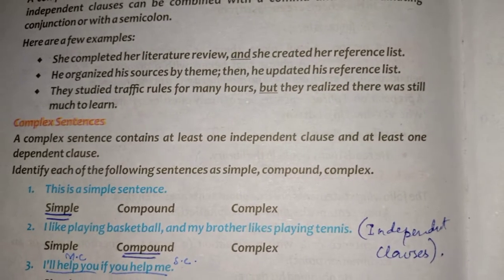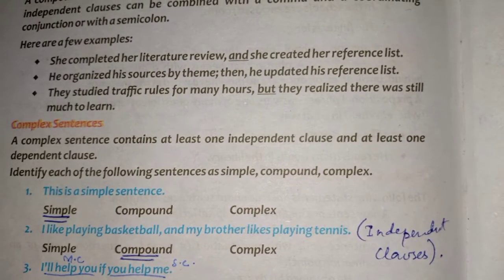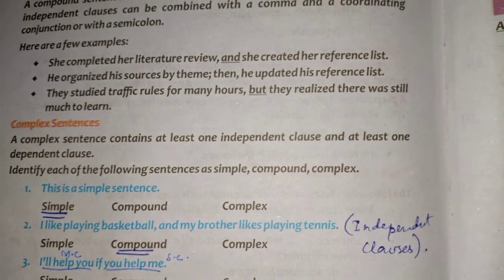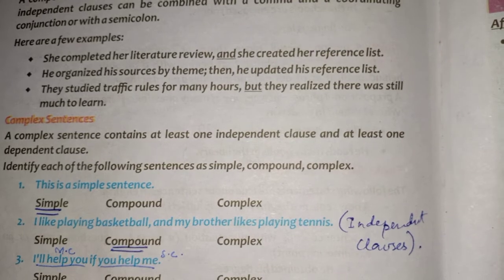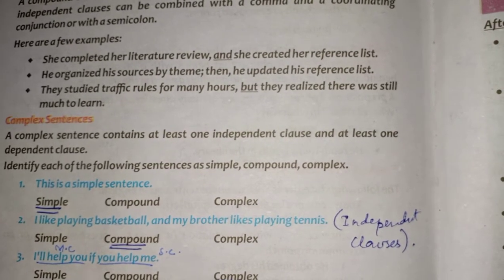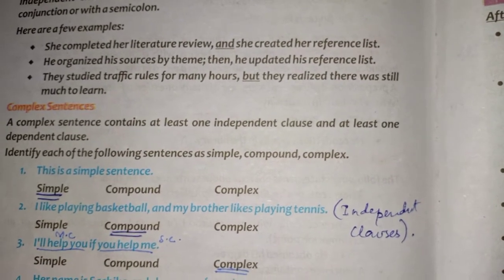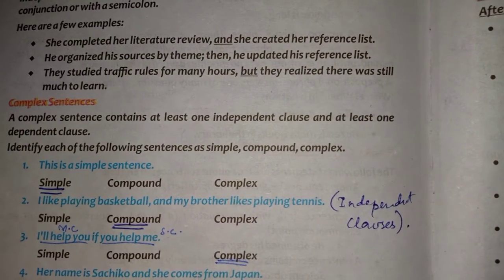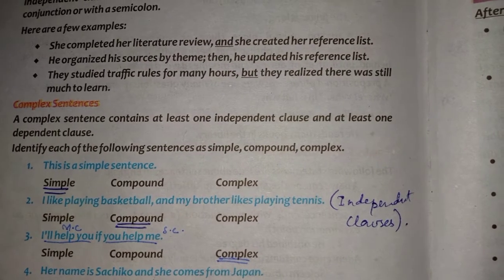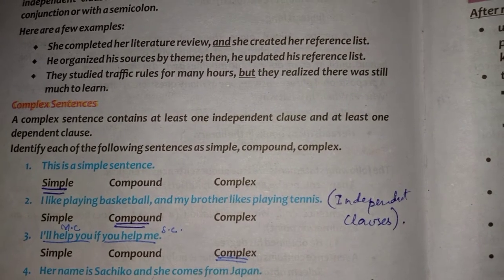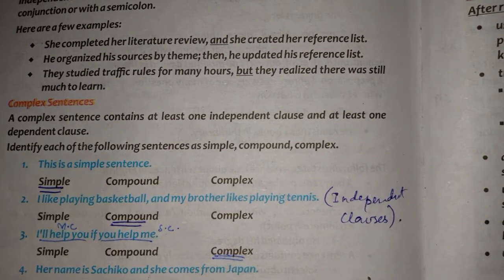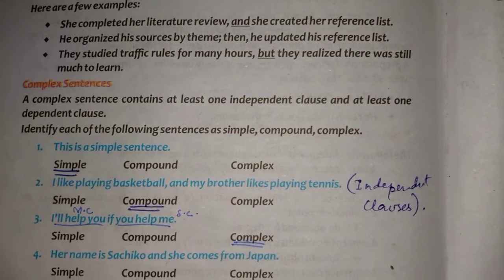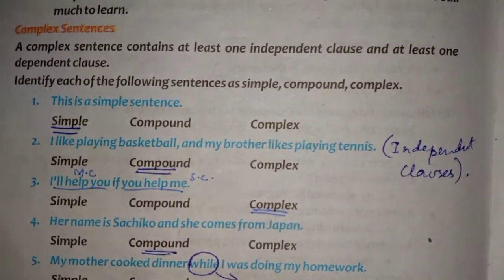Then, see the semicolon after theme and then the comma after then. Clear? And the third way of connecting or combination: they studied traffic rules for many hours. They studied traffic rules for many hours. They realized there was still much to learn. So these two main clauses are combined with the help of a comma and but. Clear? Now come towards the third part, that is